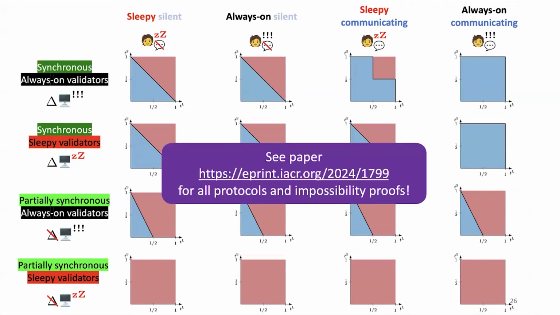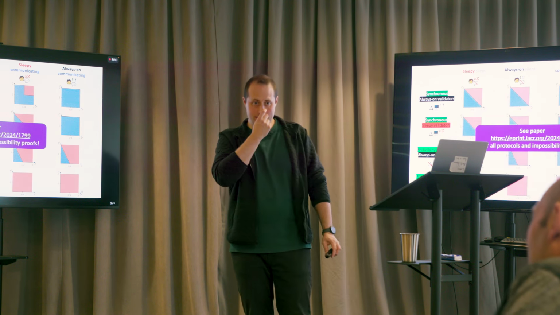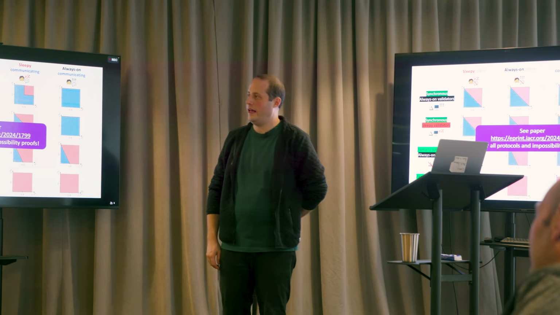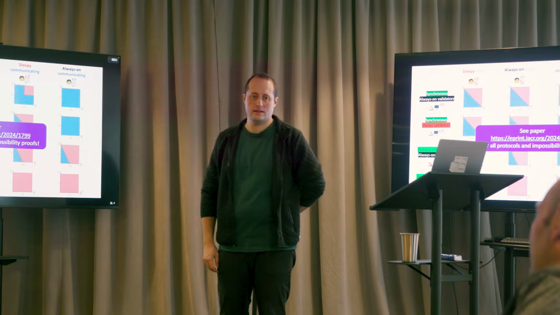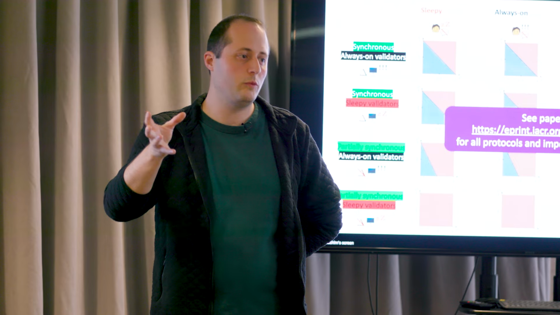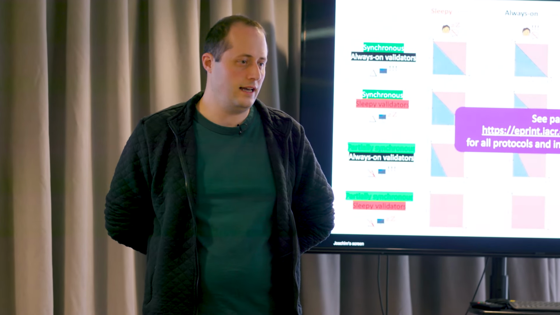Awesome. Yeah, if you guys want to know more, check out the paper for all the details, and happy to chat. One question. So you use the word client. I almost feel like what I really want to think about are full nodes that are just passively tracking updates to blockchain state or something. When you say clients, what do you have in mind? When I say client, I mean any party that is not themselves staked or does not have hash power, or is not part of whatever resource it is that we use for the threshold assumption among the validators.